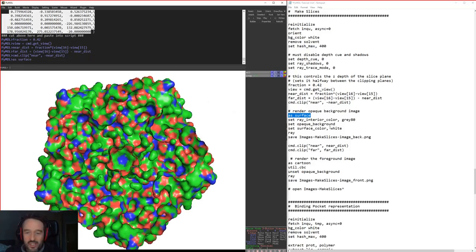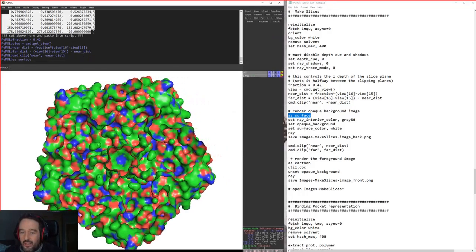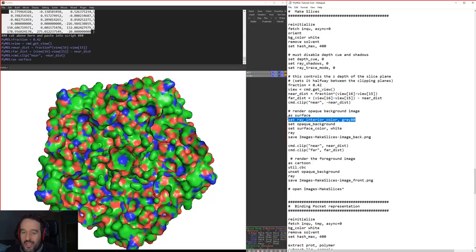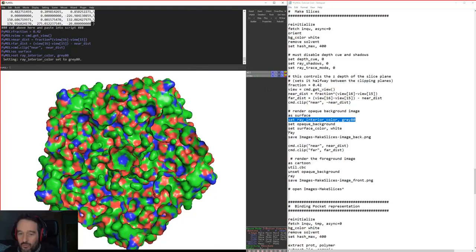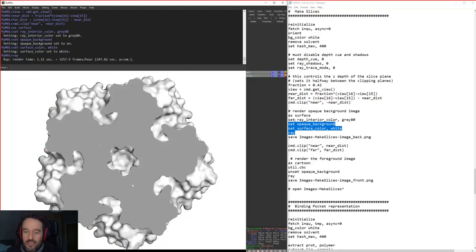And then what we can do is set our surface. This is a nice option here called set ray color interior. This doesn't do anything until you hit ray. We'll make the background opaque, set the surface color white, and then we'll hit ray, and you can see what the interior does here. So instead of showing a hollow interior, it fills the interior like a cake that you've sliced open.